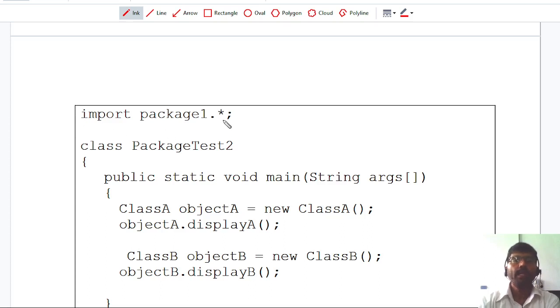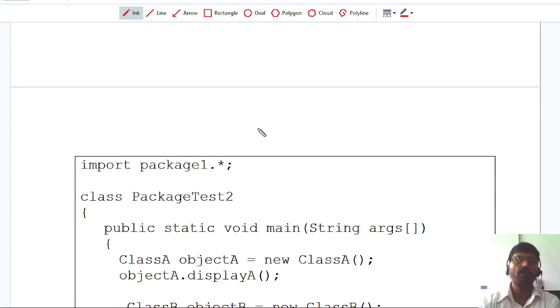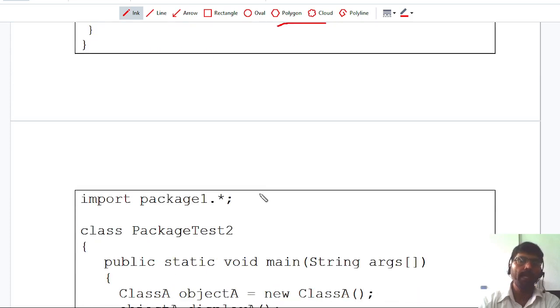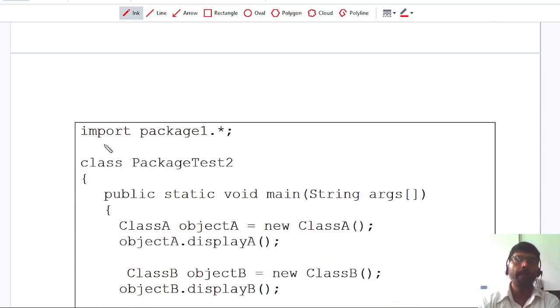The star indicates I am accessing both classes. I need both class A as well as class B. If you want to import independently, for example, if I need only class A, then write import package1.classA. If I need class B, then write import package1.classB. But here I need both classes, so I have written star.